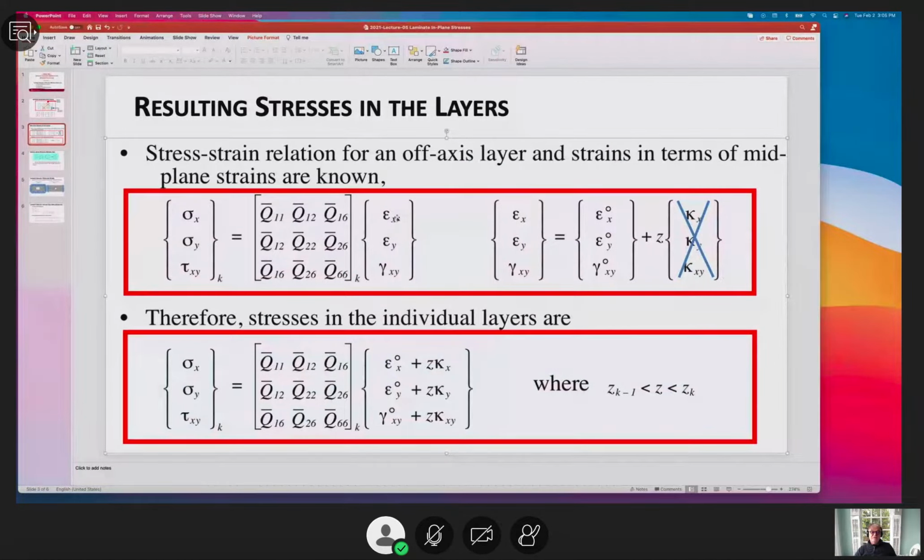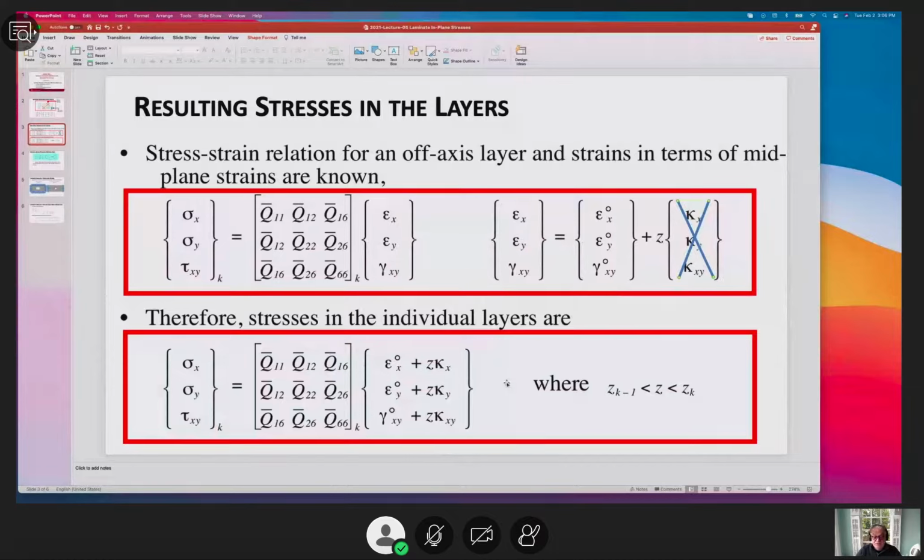So whether I show this or not, the layup, when it expands in the x direction or contracts in the y direction or experiences shear, every layer through the thickness is experiencing the same level of strain as the midplane strain. So I leave this out as epsilon x, epsilon y, gamma xy,